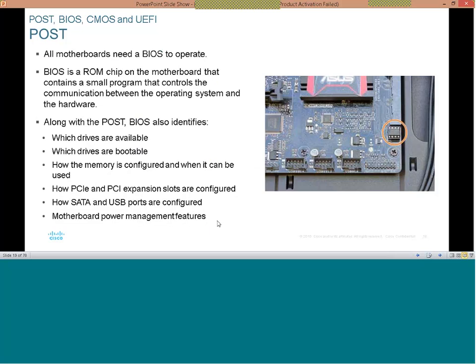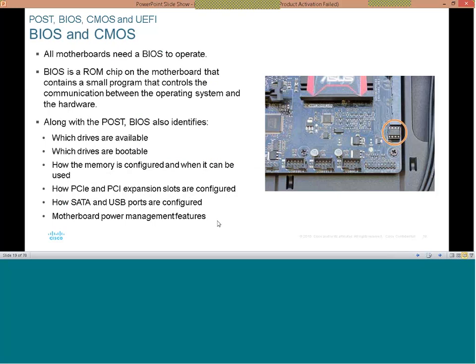So all motherboards need a BIOS to operate. So the BIOS is a ROM chip on the motherboard that contains a small program that controls the communication between the operating system and the hardware. I think there's a vital definition that ought to be underlined. So you can see here that it contains that program that controls the connection between your operating system and the hardware. Automatically, you could also refer to it as middleware. Middleware in the sense that it actually creates that interaction between the software part and the hardware part of the